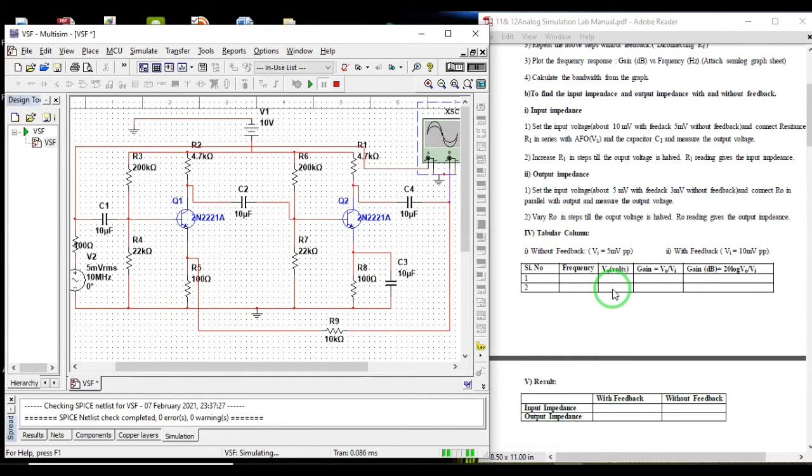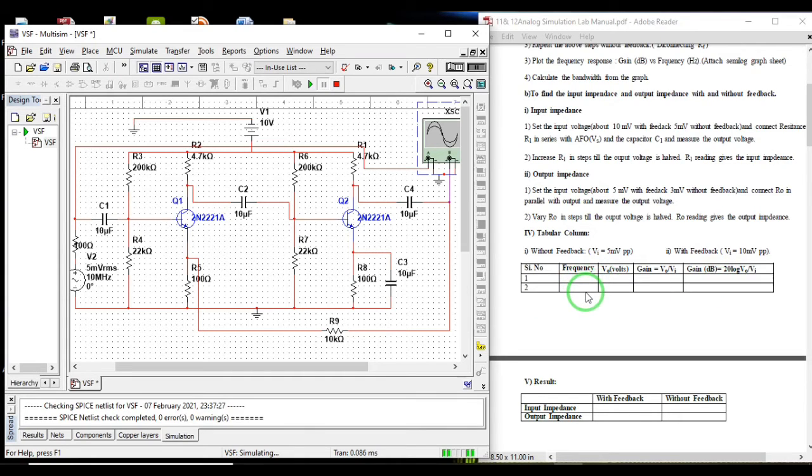See, output voltage we have got. For every frequency you measure the output voltage. Input is the same, so you take the ratio, which is the gain, and multiply it with 20 log. You will get some number which is in dB. Okay, so with a logarithm scale for frequency we have to plot it.